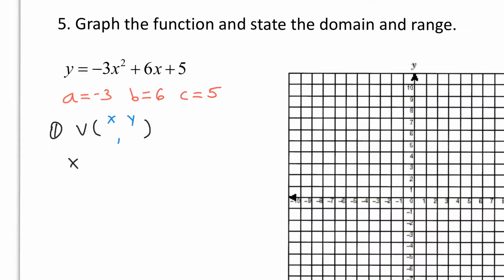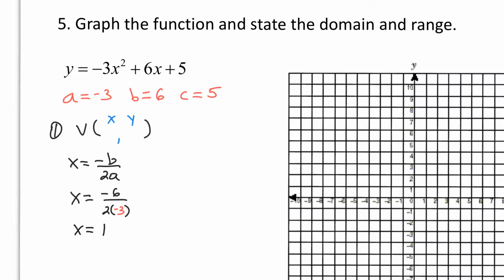So for my x coordinate, we have a formula in standard form. When we have standard form, we use the opposite of b divided by 2a. So I'm going to substitute those values into the x, and I'm going to find the value. I substitute the b and the a. So x equals opposite of b. So notice here, b is 6. So the opposite of b is negative 6 divided by 2 times, and my a value is negative 3. We don't change the sign of the a, just the b, because that's the negative b. When you guys simplify that fraction, we get